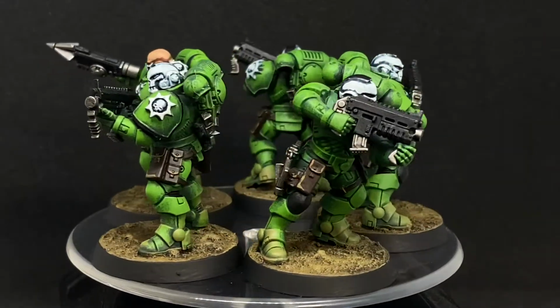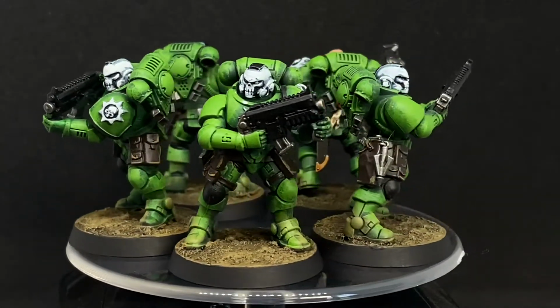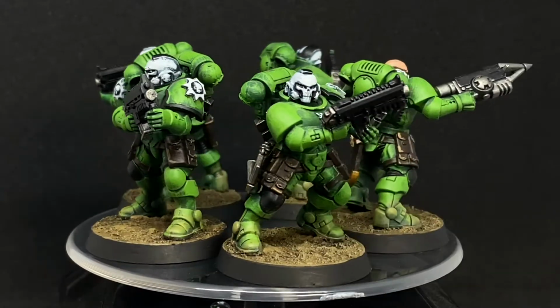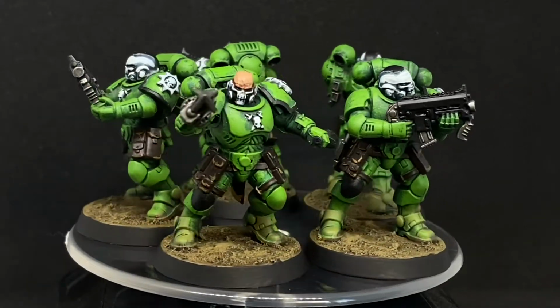Then here we have one of the Reaver squads. This is just another quick, dirty one. They have got the grapple hooks. I thought they looked cool. I really like the helmets, the skulls. It kind of fits nicely with